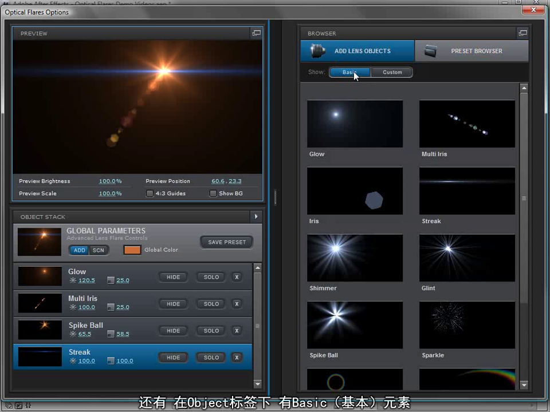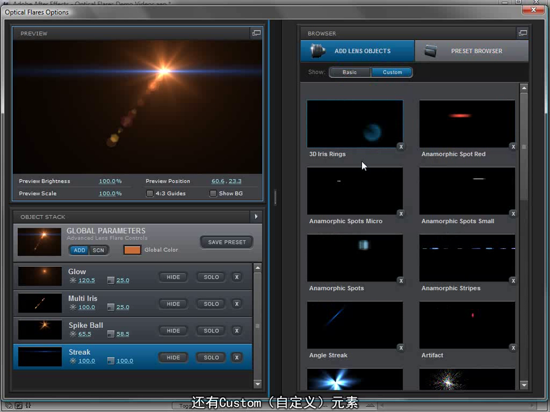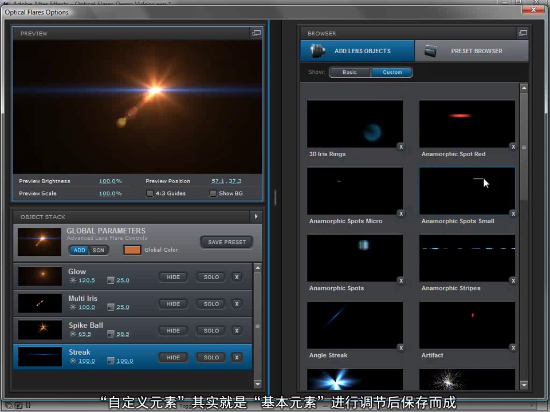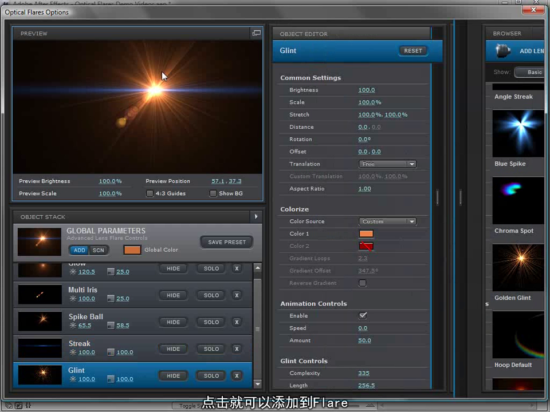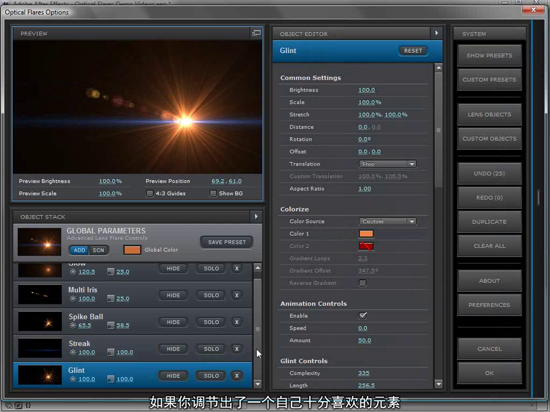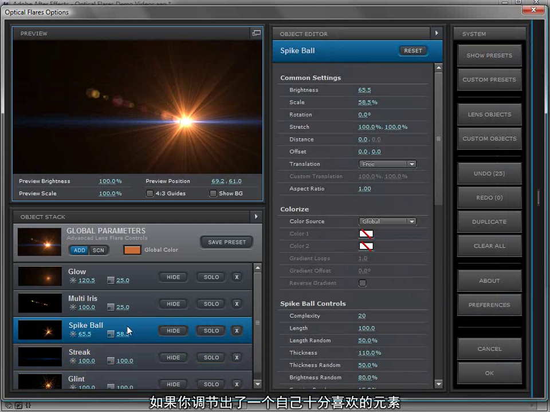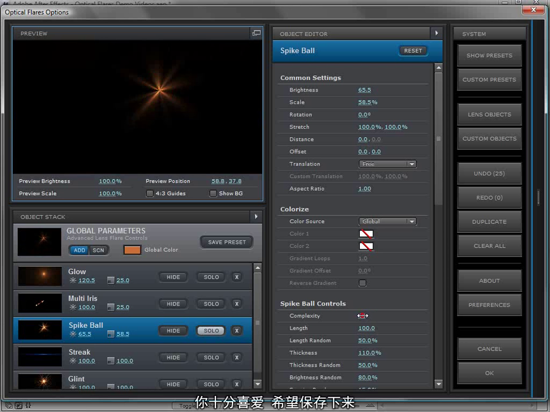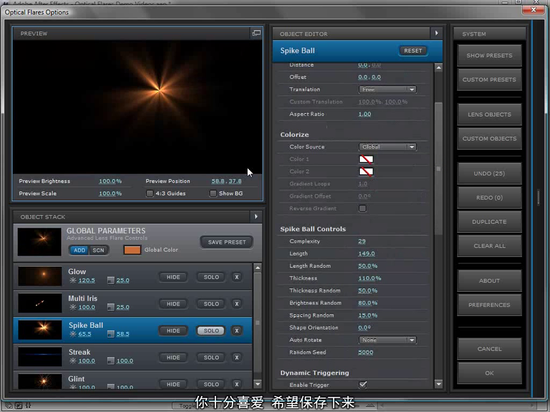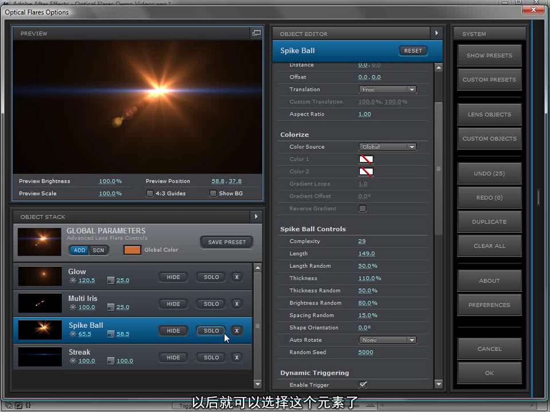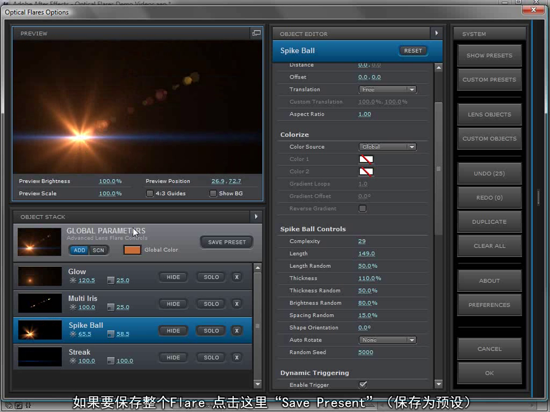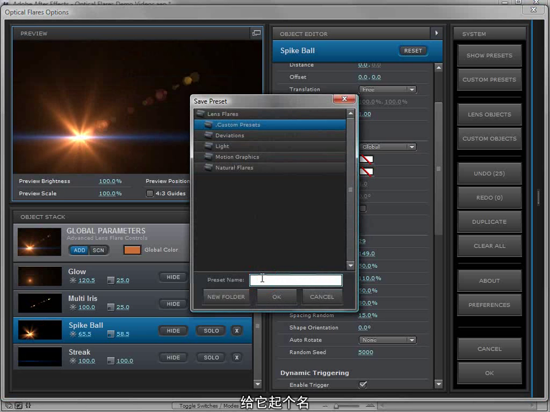And by the way, the objects, we have basic objects, but we also have custom objects. Now what the custom objects are is the exact same as the basic objects, except the settings have been changed and then saved. So then we can just click on them and it gets added to our lens flare. But what if you make one that you really like? This spike ball is just amazing. I've changed the settings and I love it. Well, we can just right click on it, choose Save as a Custom Object, and then that object will become available. Now, if you want to save the entire lens flare, just click Save Preset, and you can give it a name,